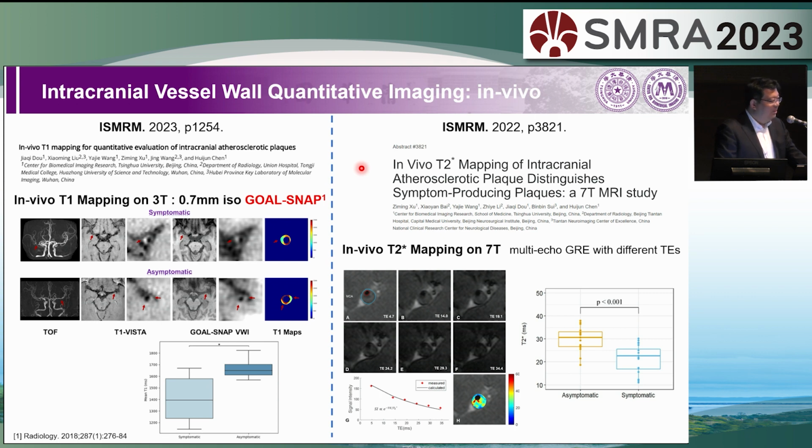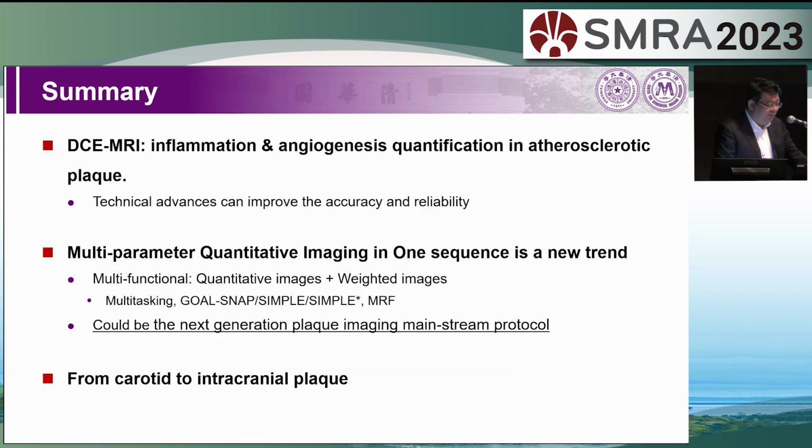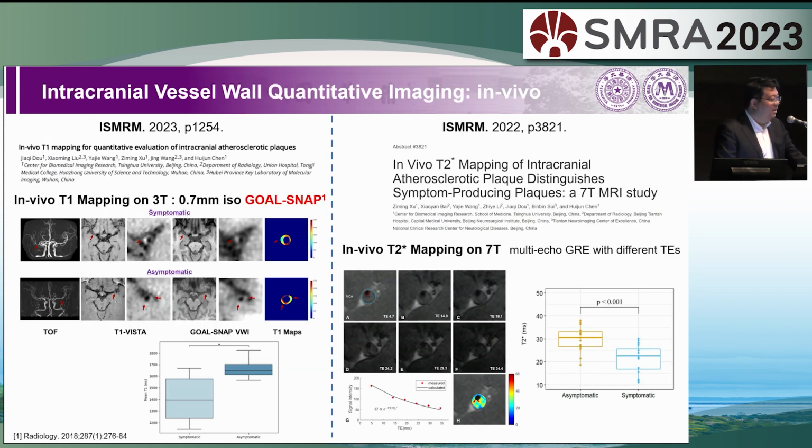And our group initially tried intracranial vessel wall imaging. Firstly, we tried our GoSNAP in intracranial vessel wall T1 mapping. And last year, we tried this T2 star mapping on 7T, but this one uses a quite traditional scan